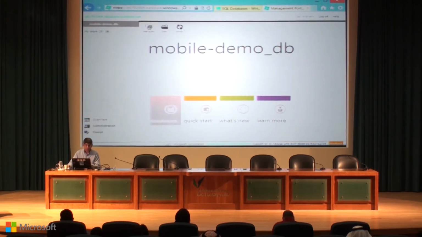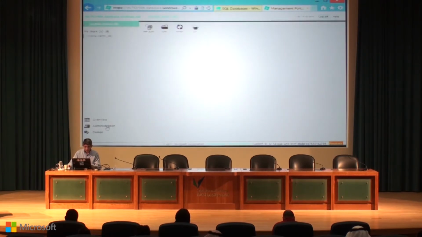So now on the web, I have a UI that allows me to connect, to make changes, make queries that I would like to. So if I click on administration, it shows me the database properties, how much percentage is free. I could manage the database from here. It shows me how many active users I have, active connections to the database, and then I can click on design. I can create new tables, I can drop tables, I can create new queries, views, stored procedures